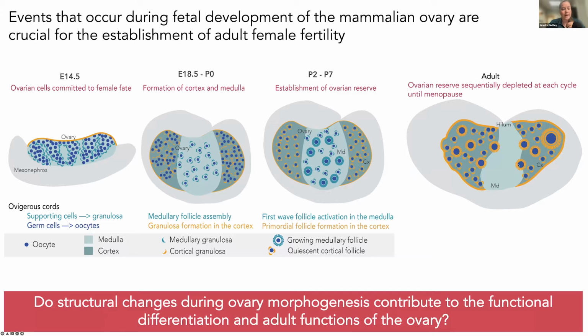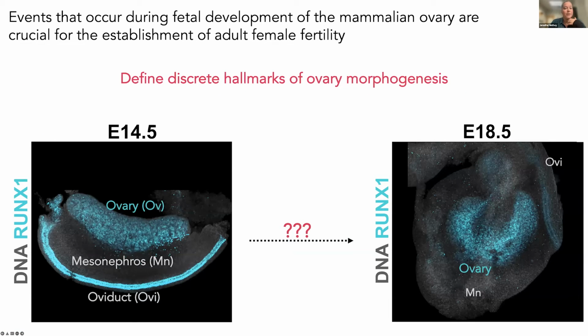female fertility. And we already knew from studies on testis morphogenesis that functional differentiation of the gonad is tightly linked to structural changes. And the stepwise morphogenesis of the testis had already been extensively studied. However, the morphogenesis of the ovary has been much harder to access, mostly because the architecture of the ovary is not as well defined as that of the testis. And so we really didn't have the right landmarks and the right approaches to really visualize how this architecture is established.